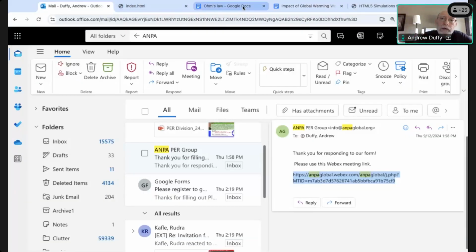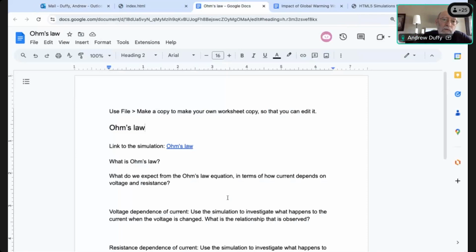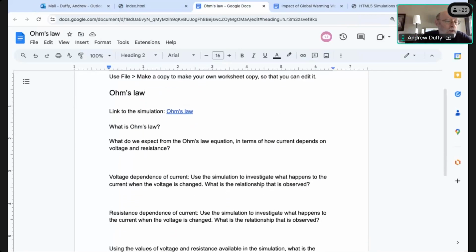Yeah, we saw this Ohm's law one, right? And we do this all the time in our studio classroom. We stop talking and we say, all right, here's a worksheet for you guys to work on together. Here's a simulation that goes with it. And so we'll give the students time in class to bring up the simulation, think about these questions, and work together. And so instead of us telling them how everything works, they're actually figuring it out for